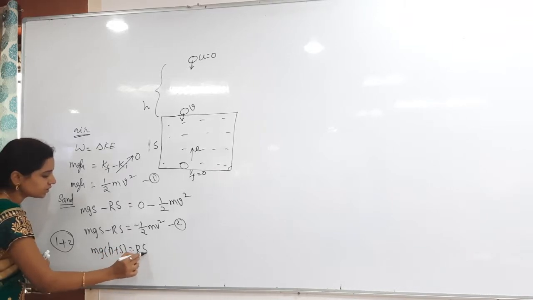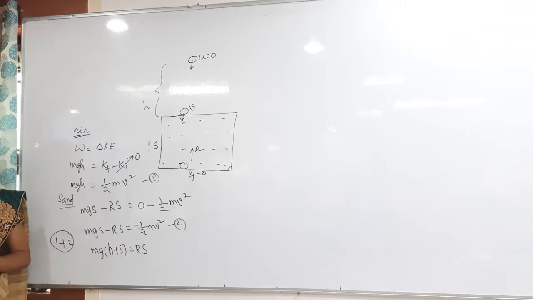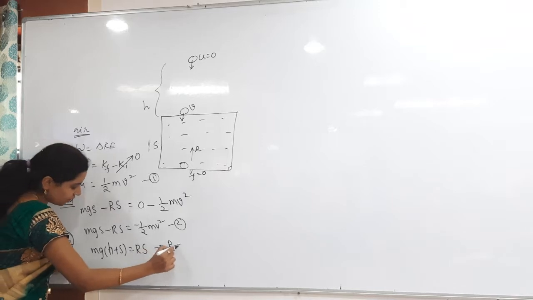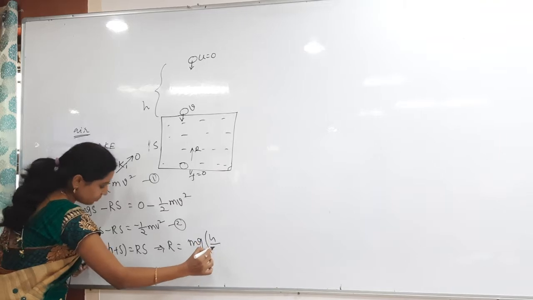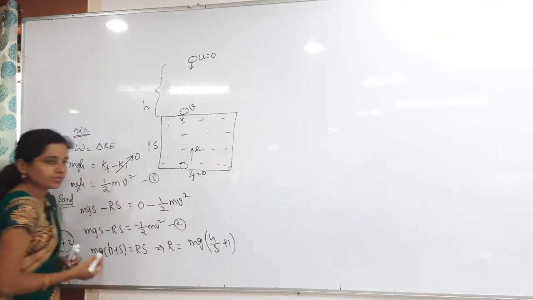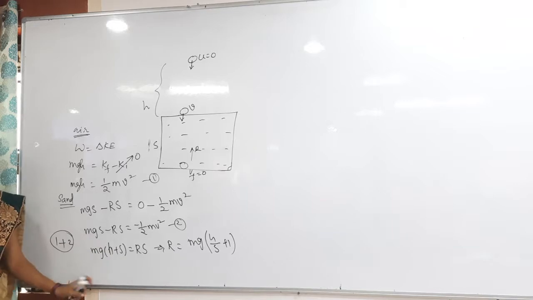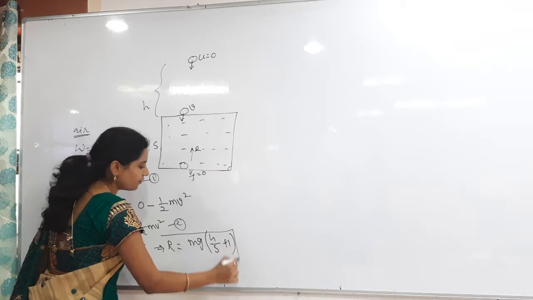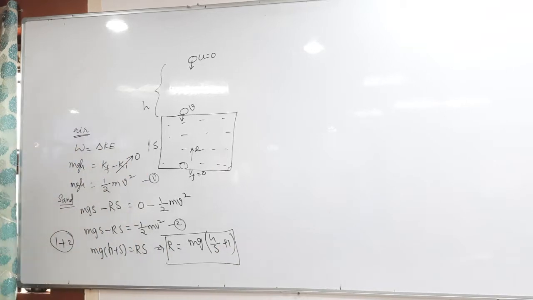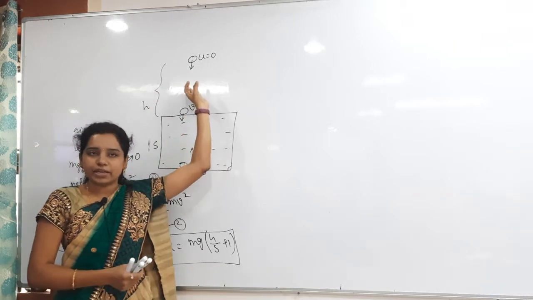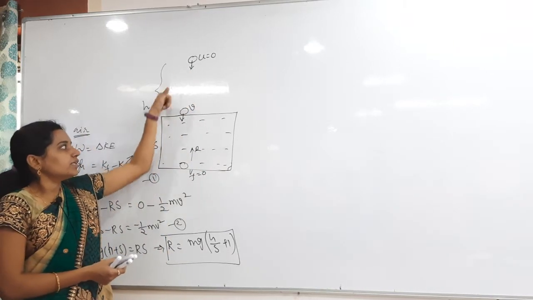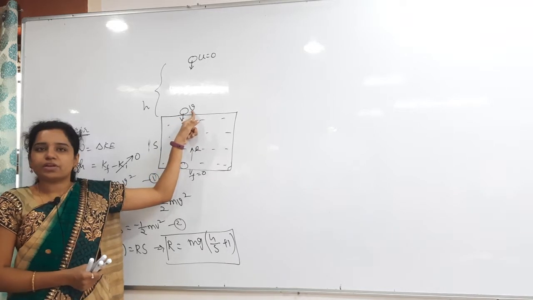So mg(h plus s) equals, what will you get? Simply Rs. Now what do you want? Only the R value. Resistance force only I asked. For that, R equals what can I write? mg into (h by s plus 1). Correct? I have taken s common and then divided. Understand everything? So this is the resistance force offered by the sand. Clear? First of all, listen. Whenever the ball is dropped from the air through a height h, then it enters the sand with what velocity? V velocity.